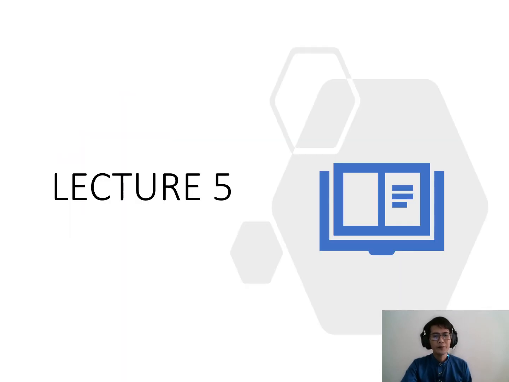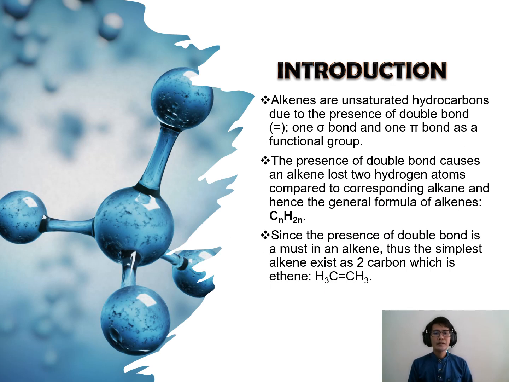Okay, this is lecture 5. The alkenes are unsaturated hydrocarbons due to the presence of a double bond. One bond is the sigma bond and the other is the pi bond. This double bond is the functional group of the alkene. Comparing these two types of bonding, the sigma bond is stronger than the pi bond. The pi bond is easy to break, so it is very reactive to